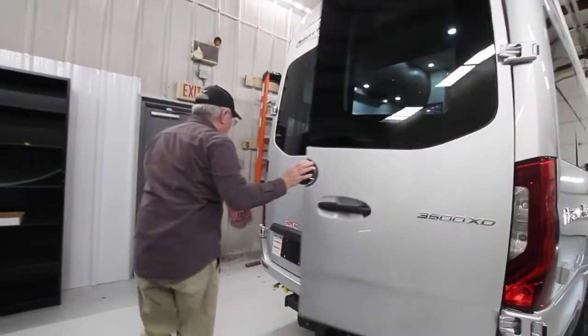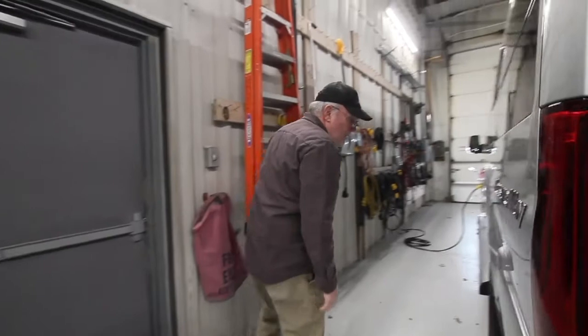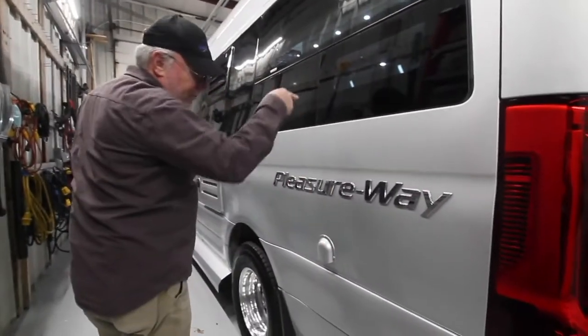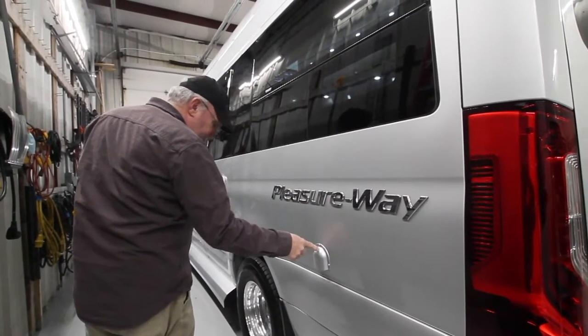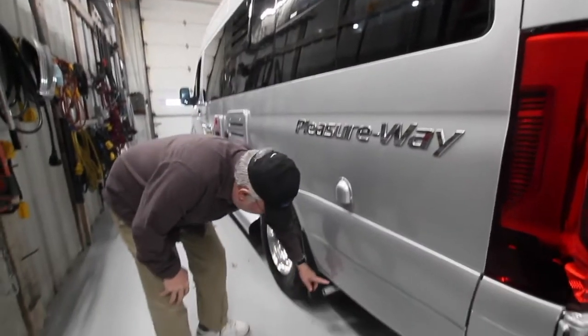And we'll move around to the side. This is a vent for your battery. You have the lithium batteries under the sofa, and this is a vent, part of the RV code. They have to be vented. This is exhaust